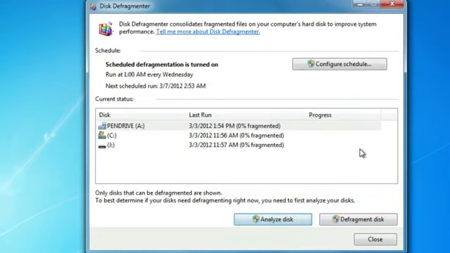Now mine goes every week, I have it scheduled, so you're going to notice that mine is 0% fragmented, and that's good. If yours is about 30 to 50 or higher, you're going to notice a gigantic difference once you